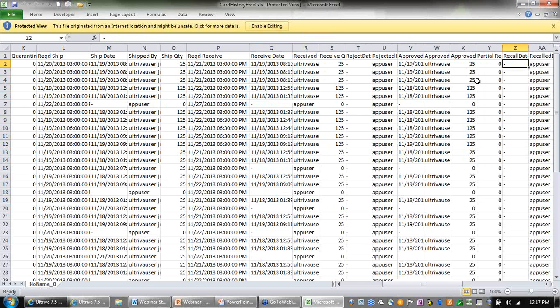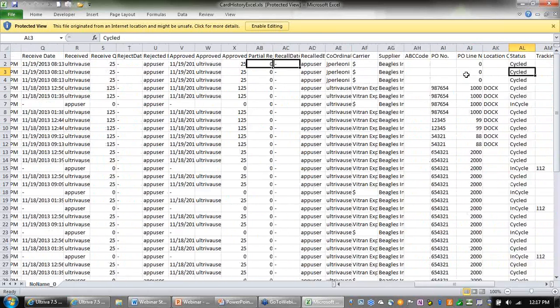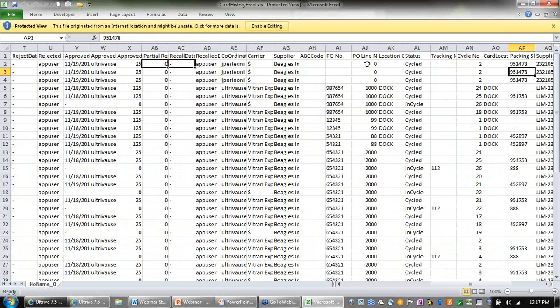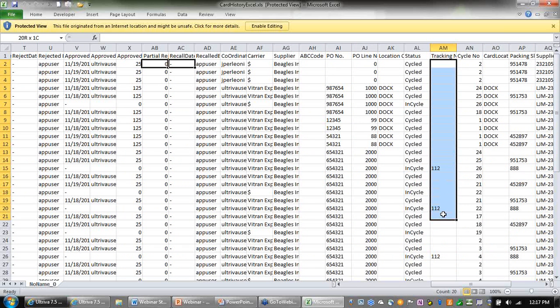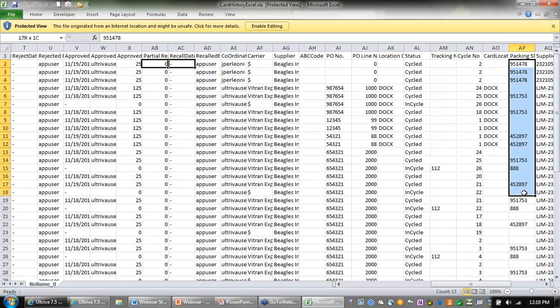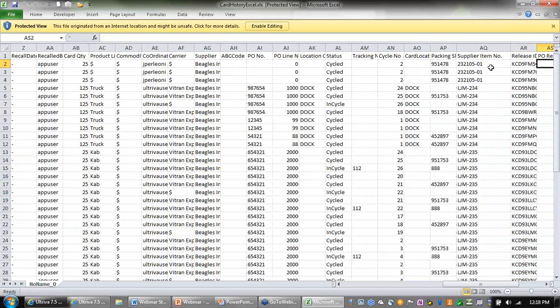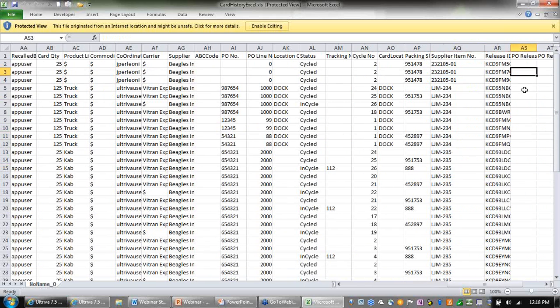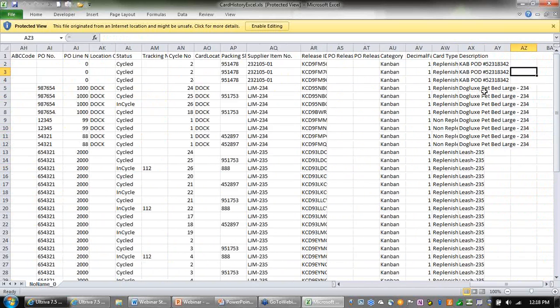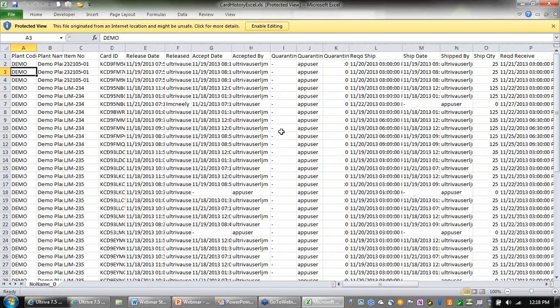And then a little further over, we have maybe some newer columns here. We have your PO line numbers, the tracking number, if the supplier enters the tracking number when they do the shipment, the packing slip number if they enter one, and the supplier's item number. So this gives us a whole lot of information, and we know where the card is at this time,